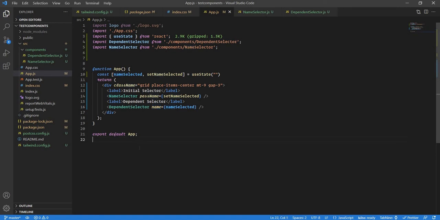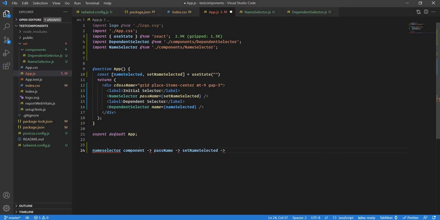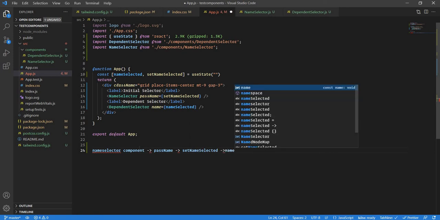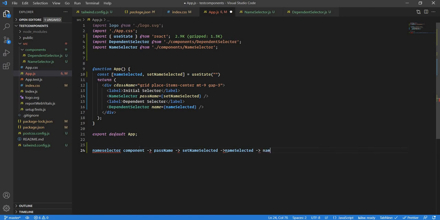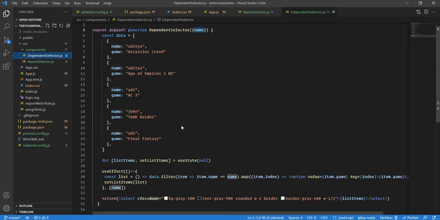To give a brief graph of it: first it starts from the name selector component. The name selector component will select a value, so that will call the passName function. The passName function will call setNameSelected with whatever value is selected. That will go to nameSelected. nameSelected will take it to the name prop in the dependent selector. Once this chain is complete, and the name goes into the dependent selector,